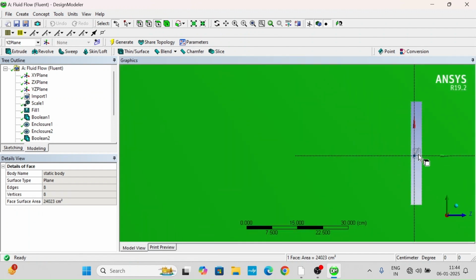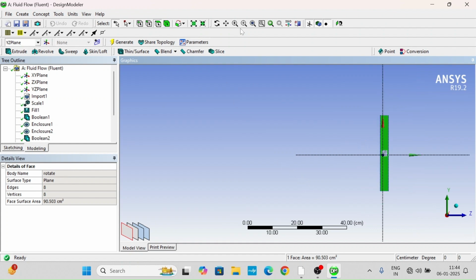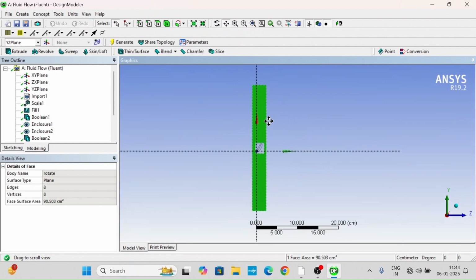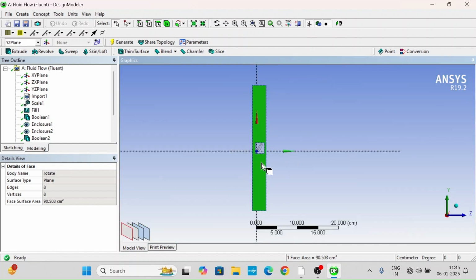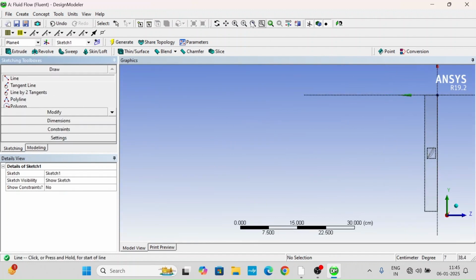Okay, now we need to create for this rotate domain two surfaces at this plane, or two faces. This is single face, this is single face, rotate single face. Now we need to cut this into two so that we can give periodic boundary condition to this rotate domain. So I'll go to, for that, click on sketching, draw a line,